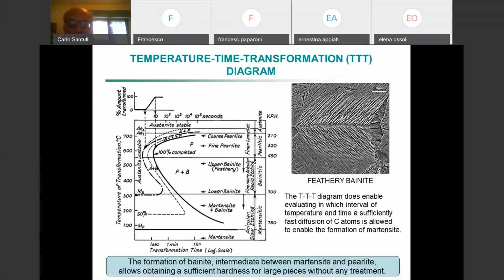So in a few minutes you have the temperature of transformation. Quickly you go up to this temperature and then you quench. So it's a question of transforming one phase into another, which is very connected to